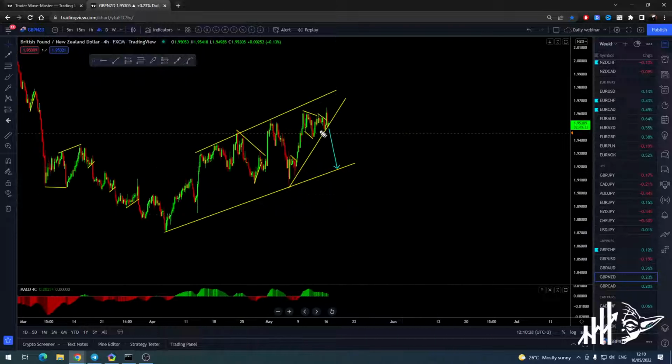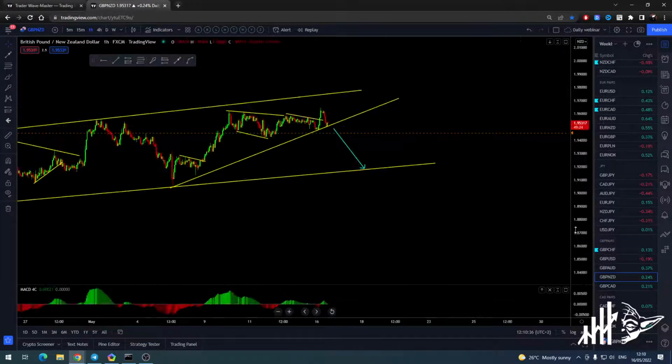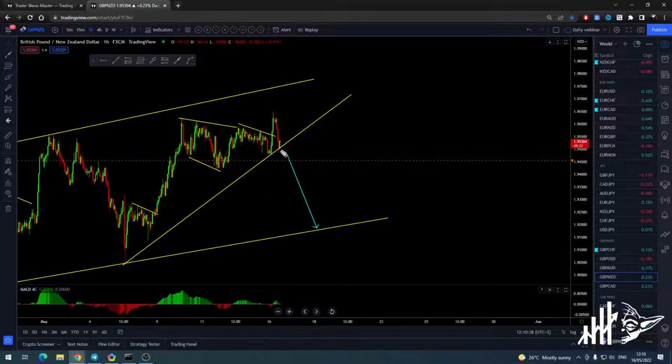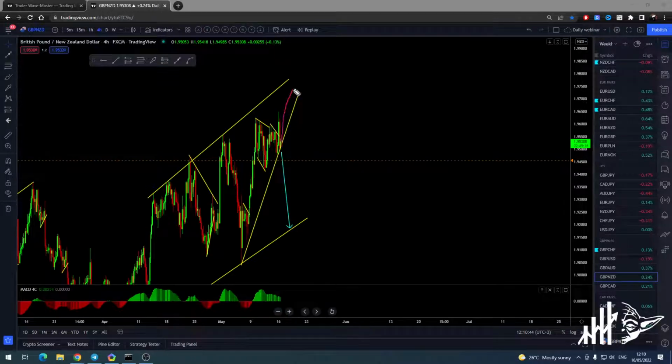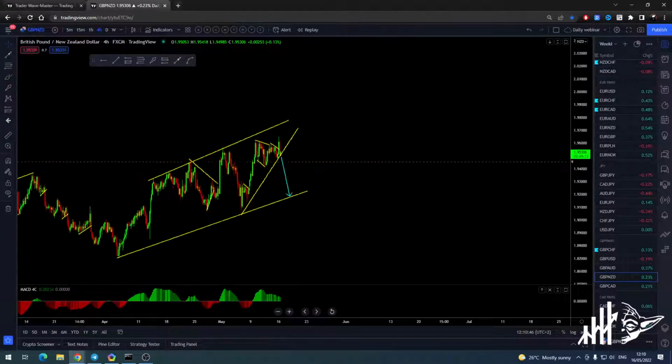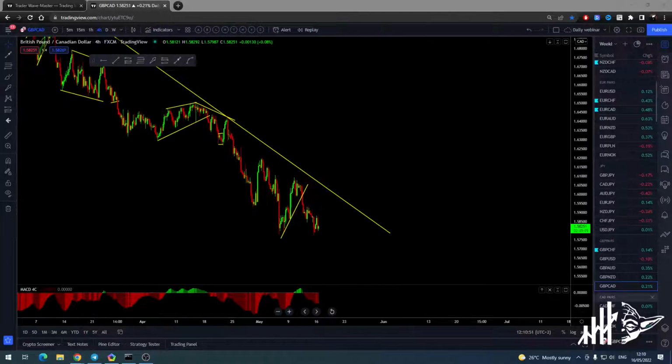Pound New Zealand, that's gonna go down back at the trend line at least before the next push to the upside and then down, or it will just go down straight. We have no idea currently what it's trying to do. So we just give it a couple more hours. If it corrects, then we'll take a sell. If it goes for another high, great, we will sell again. Pound cat, nothing, leave it, skip it.